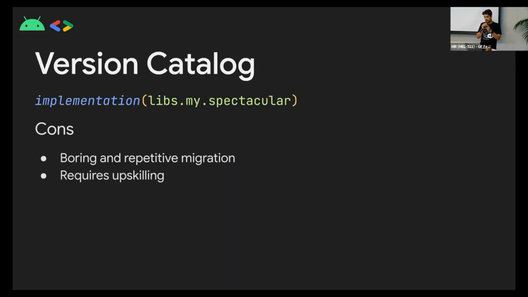And there are two cons which I could think of, and these are both just one-time issues. If you're converting from something existing to this, there's a lot of copy paste. So it can get boring and repetitive, especially if you've got a long list of dependencies. But then once you're done, it's done. You don't have to worry about it again. And because it's relatively new, not a lot of devs know about it. You all know about it now, so you can now do the upskilling. But again, it's just a one-off event. Once that's done, it's done. You don't have to worry about teaching them again because it's so simple to implement.